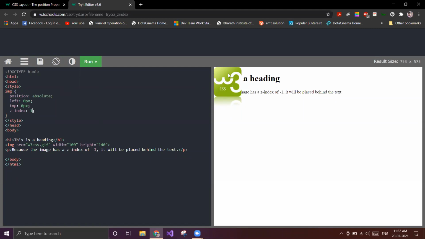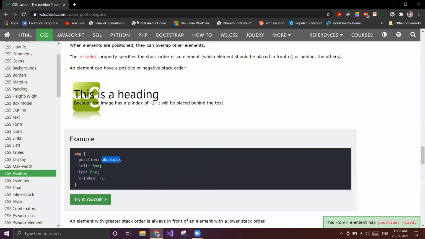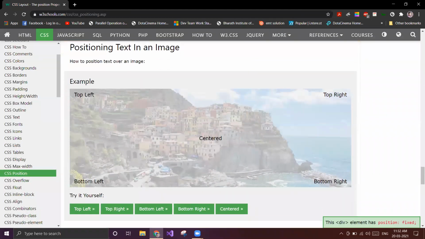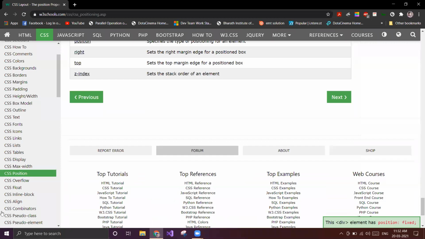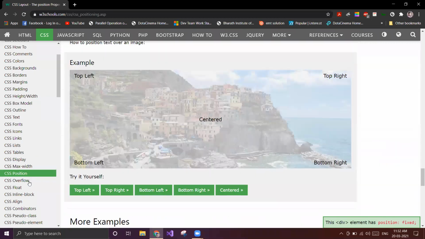If we want 6 layers, z index 1, 2, 3, 4, 5, 6, we can apply 6 images there. So this is all about z index, and that's about positions.